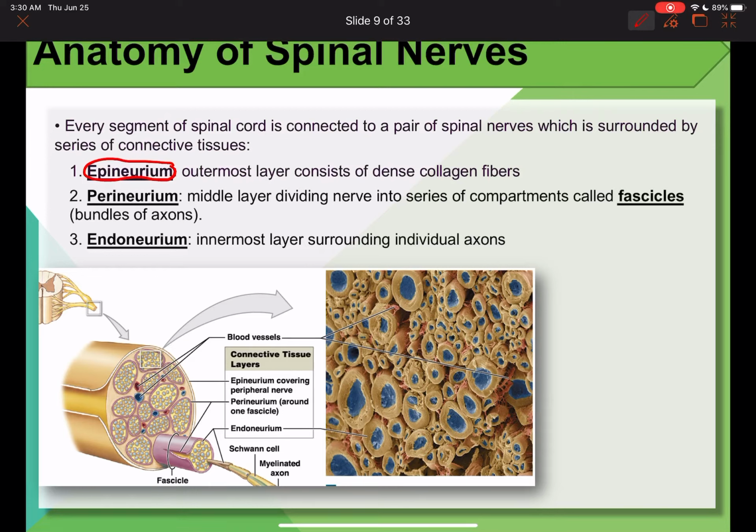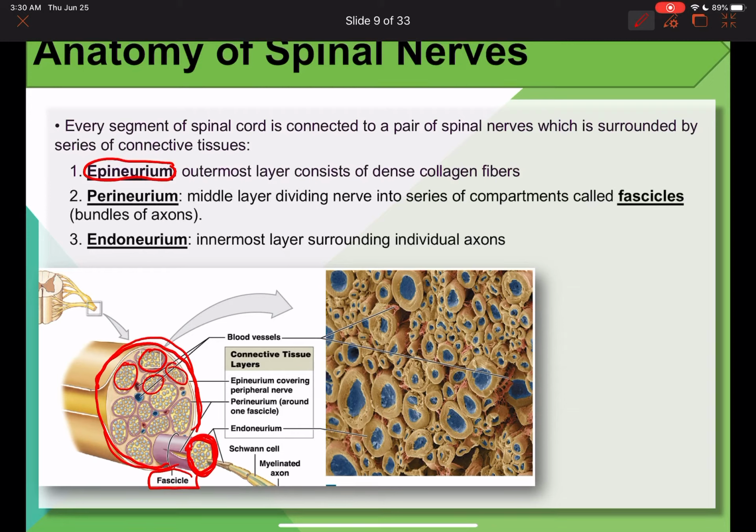So this layer right here is the outermost layer of a spinal nerve called the epineurium, and within there you have multiple of these circles which represent one fascicle of neurons, and each fascicle is surrounded by another layer called perineurium. Okay, so this right here is the perineurium. Okay, so epineurium for the entire spinal nerve,